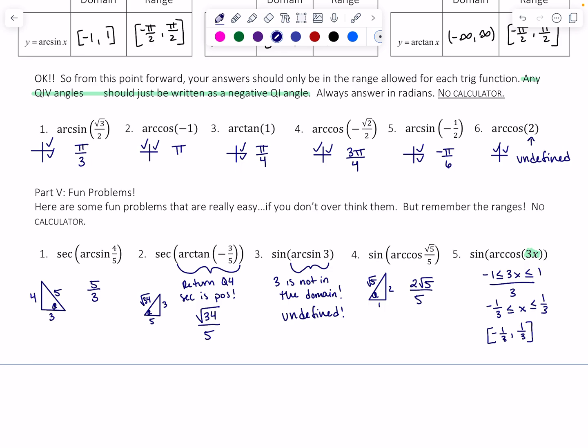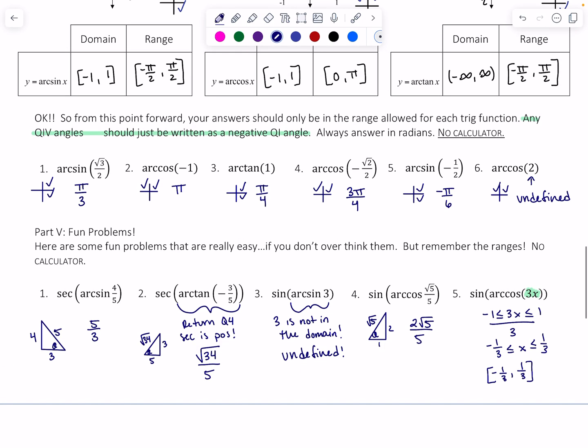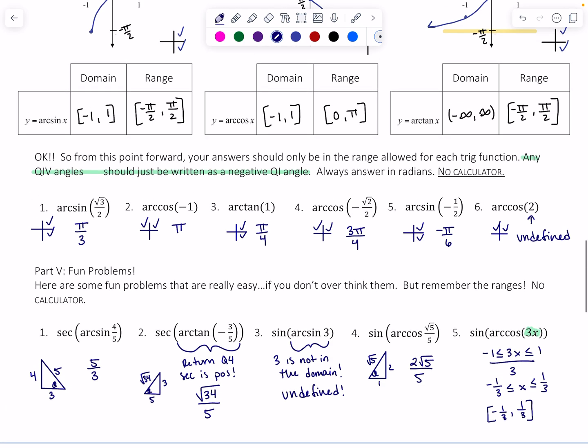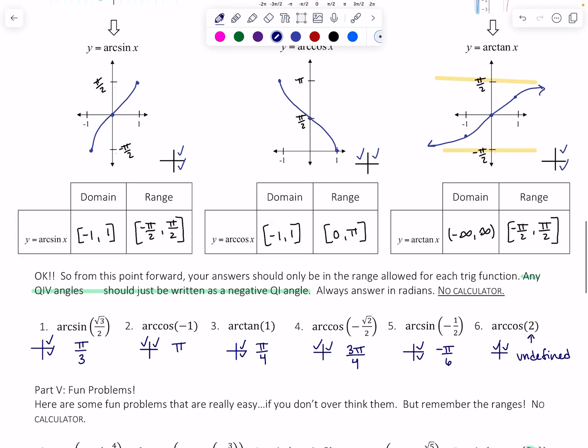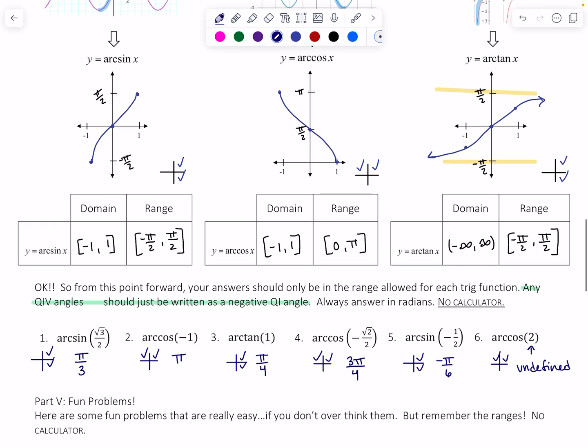All right, so the moral of the story here is, of course, you're going to use your arc instead of that symbol, and then think through what quadrant you can be in for your functions. Arc sine is going to be from quadrant 1 and quadrant 4, same thing with arc tangent, and then arc cosine is the one that's a little bit different. You're now from quadrant 1 to